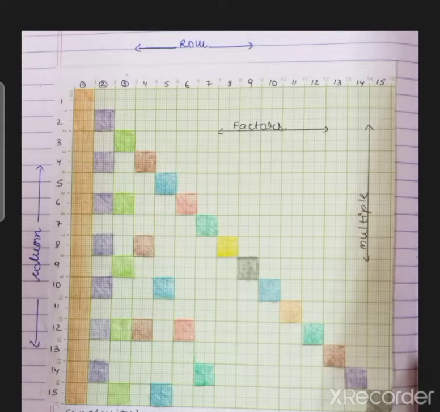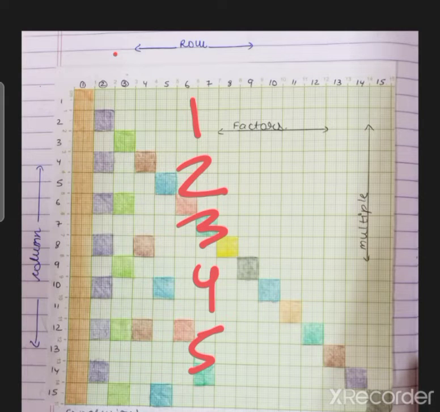In this video, I will be telling you about the factors and multiples. As you can see, there are 15 rows and 15 columns. That means 15 square. Now, please see this. I hope that you all know the multiple of, or we can say you all know the table of 1, right? 1 ones are 1, 1 twos are 2, 3, 4, 5.